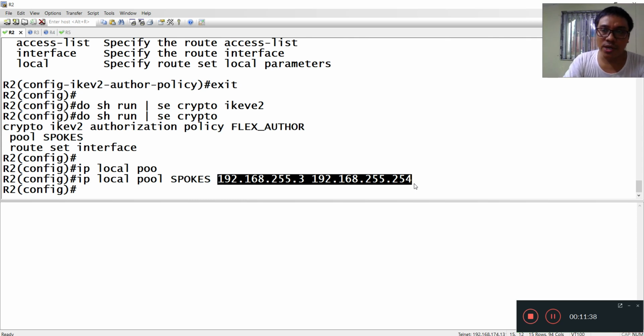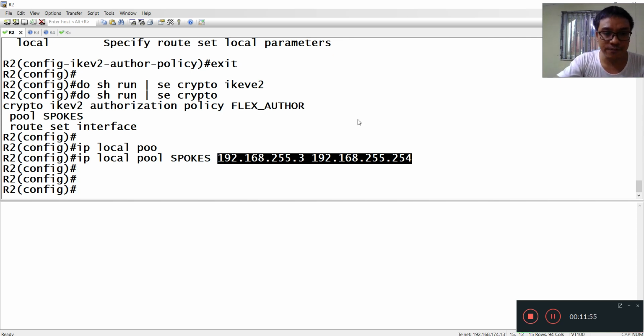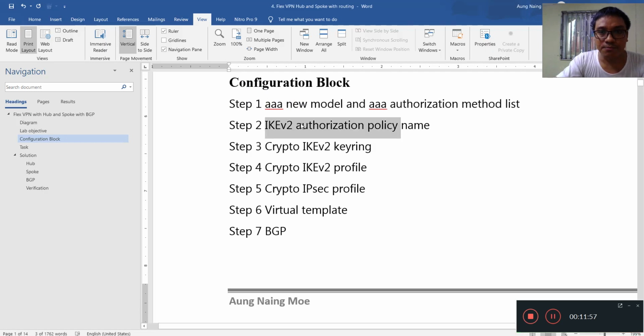When we configure the dynamic interface on our spoke, I will use the IP address negotiated command under the dynamic interface to get an IP address from the hub. The hub is ready to provide IP addresses right now. Now we finish step 2.